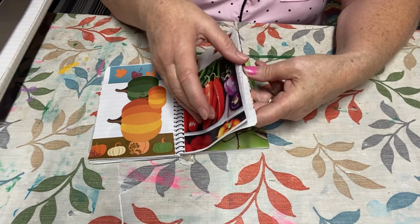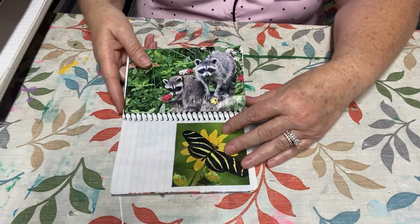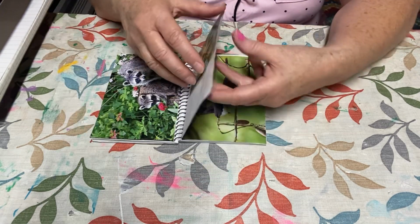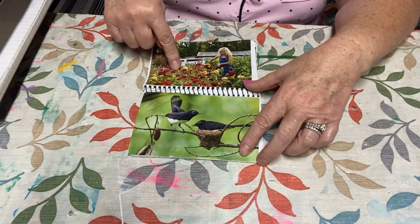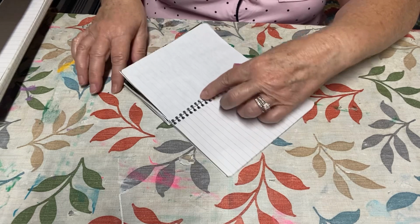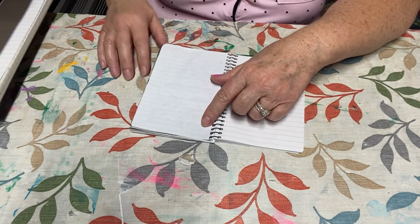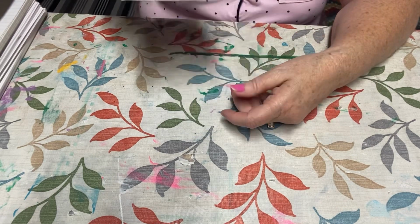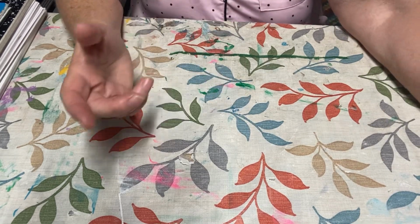Now, as I got further into it, I started finding pages like this one with the raccoons that took up the whole page. So I thought that was cool. And same here, I've got this one and this one that took up full pages. So that's all I have started in book number 7, right? 1, 2, 3, 4, 5, 6, 7. So this one, it's not as fun as I thought it would be, but I'm still going to continue to